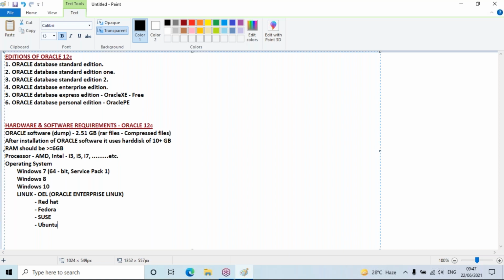Why do we have so many flavors of Linux? As you know very well, Linux is open source.